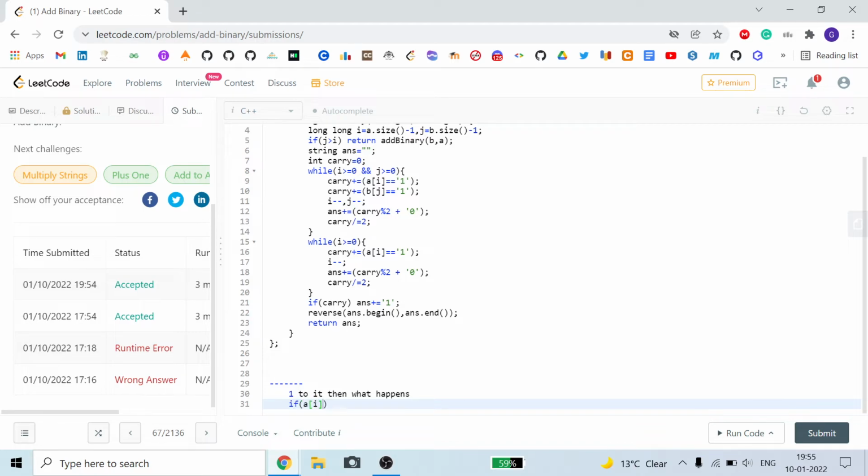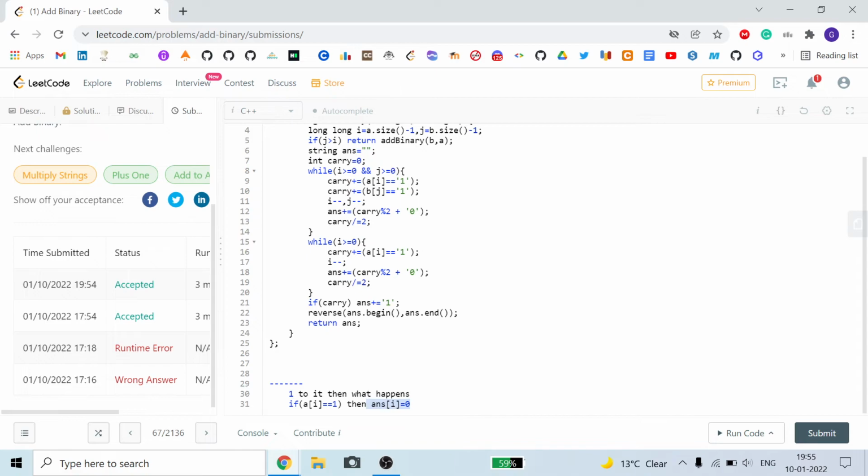If ai is equal to 1, then answer i is equal to 0, because we are using 1 with it.